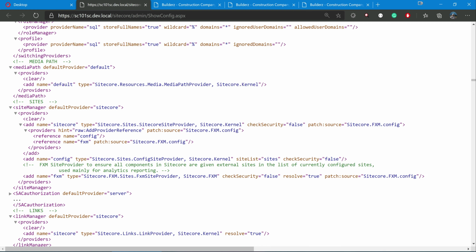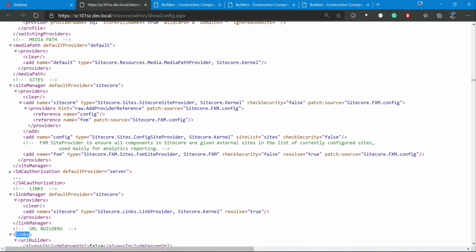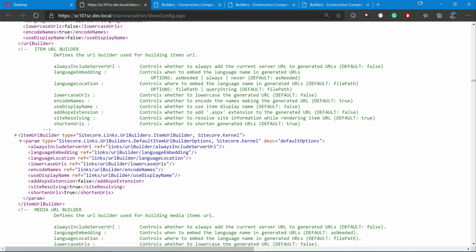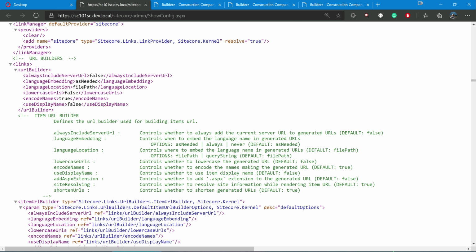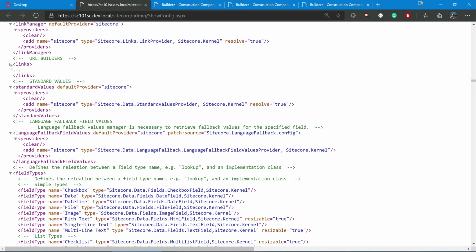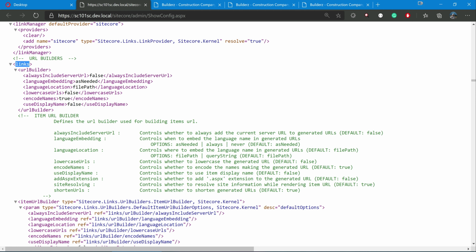There are no parents. We can check here, or we can go and check the main configuration also, but that's fine. So I need to append links, and links is URL builder. So I need to add links first, because that's the one. So let's add links.